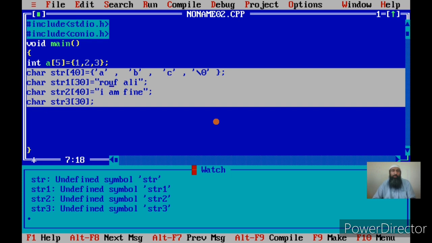And if you have observed, the first array has got 40 elements, but I am only using the first 3 elements of the array. In the second case, I am using the first 8 elements of the array, and in the third string, that is str2, I am using 1, 2, 3, 4, 5, 6, 7, 8 and 9 locations of the array. But the array has got 40 locations. Okay.